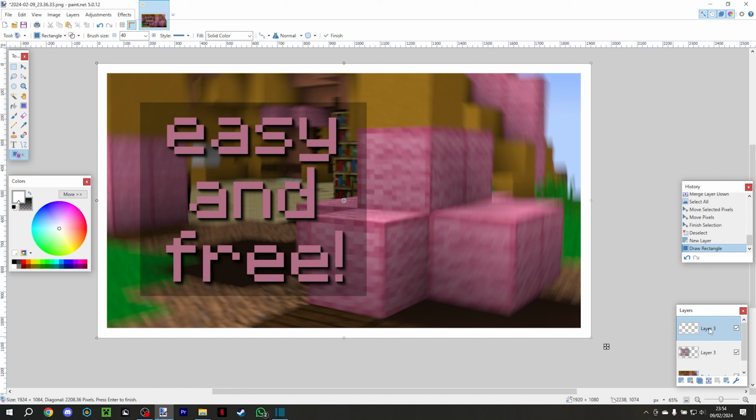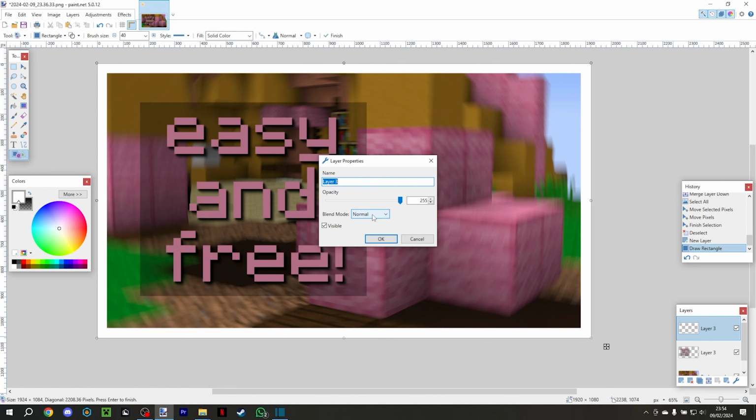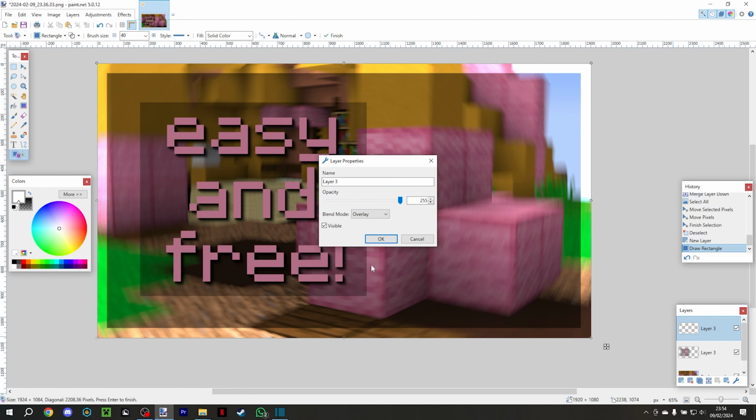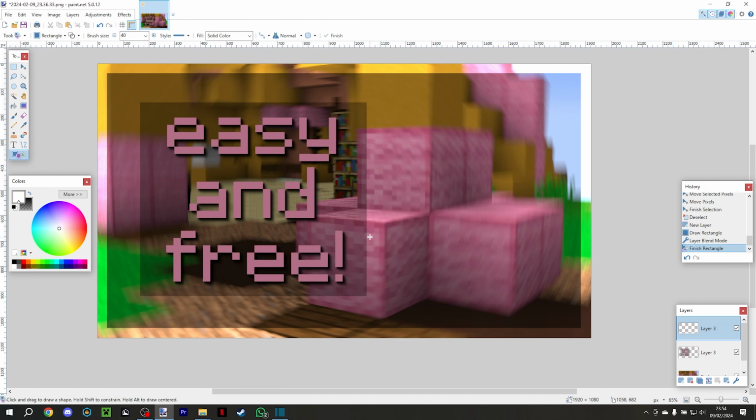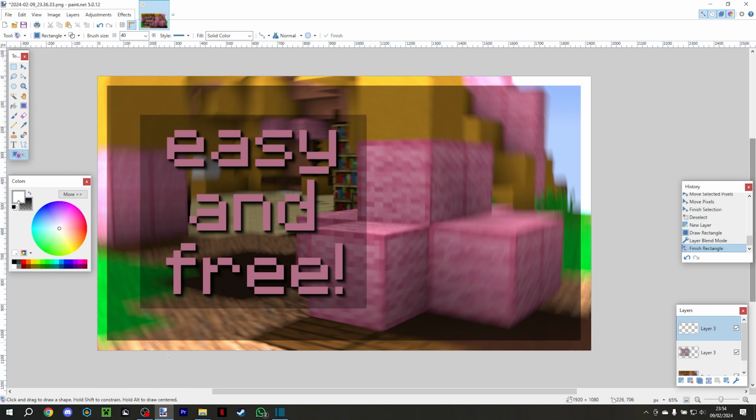And then what we're going to do is double click this, go to overlay, and now it looks quite a bit better. And this will be our final level 1 thumbnail, aka the thumbnails I do,